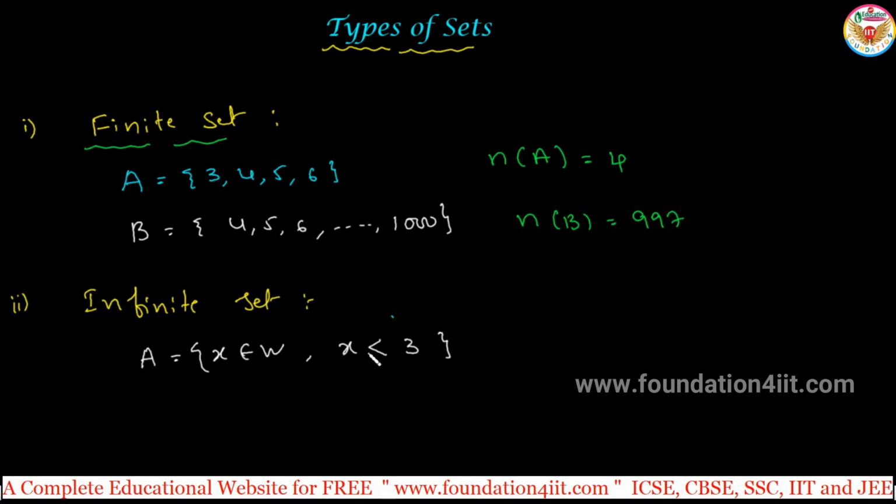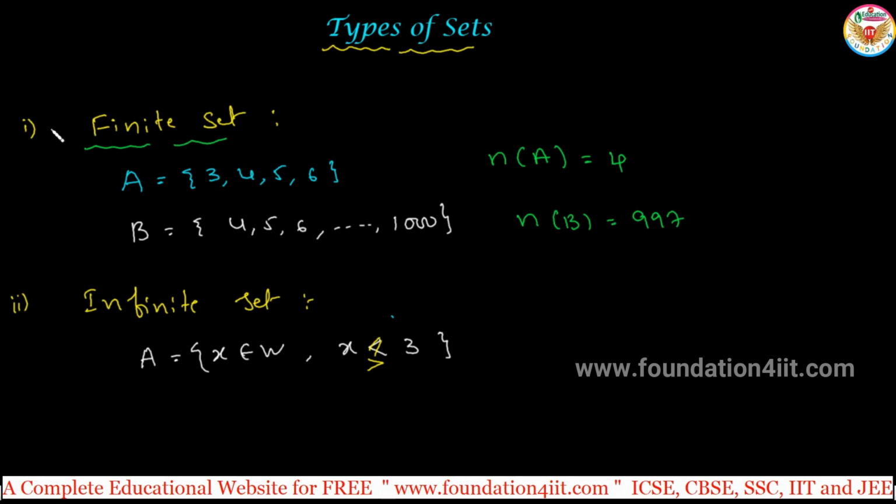x is greater than, sorry, not x is less than 3, we should take x is greater than 3. Greater than 3 means 4, 5, 6, and so on, till infinity. So any set that is not finite will come under infinite. That is the definition in this. And there is no cardinal number because it is infinite, right? And next,